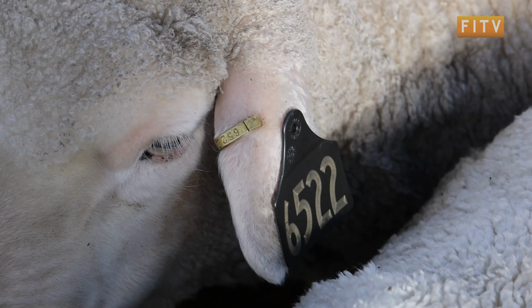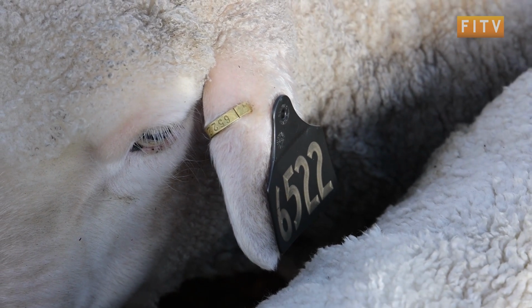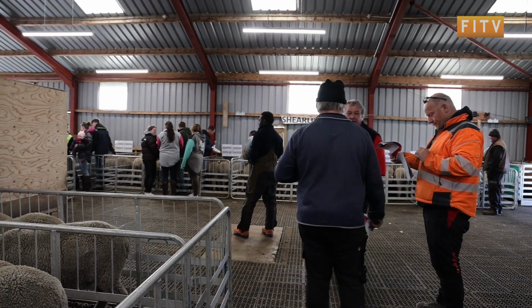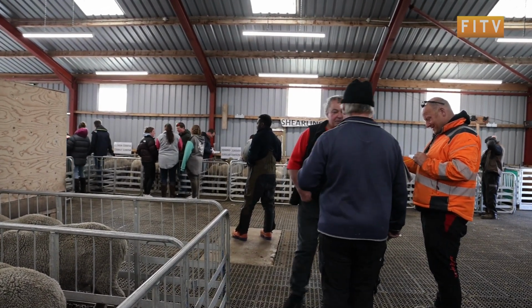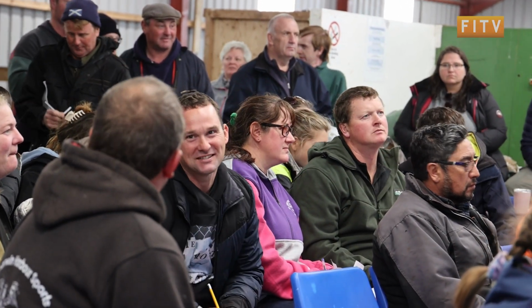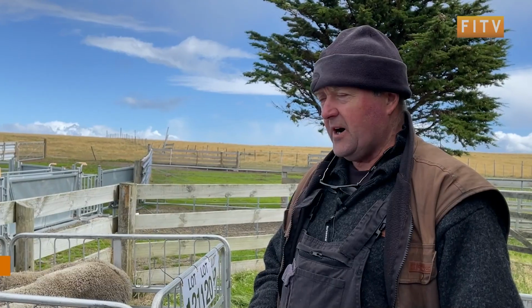This is some of the whitest wool I've ever seen. It's beautiful work. So there's a bit of a combination of genetics and selection. The sheep shed in Saladero was packed with people, evaluating the rams and waiting in anticipation for the auction to begin. I think there is quite a good turnout this year, yeah, which is surprising because